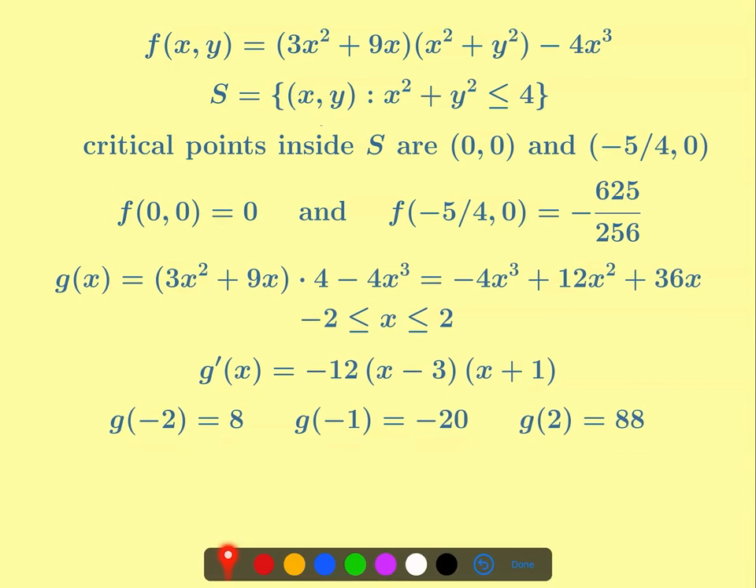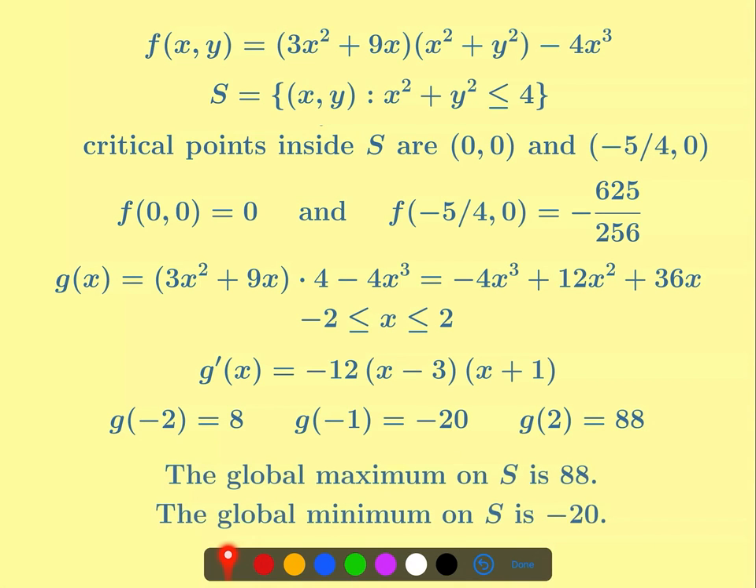So now we have the values we need to consider for the absolute max and absolute min. We have 0 up here inside the circle. We have a minus 625 over 256, which is going to be between minus 2 and minus 3. That's also occurring inside the circle. And then we have on the boundary the values 8, minus 20, and 88 for our function f of x, y. So the maximum of these is 88. The minimum is minus 20. And so we're able to say the global maximum on S is 88, and the global minimum